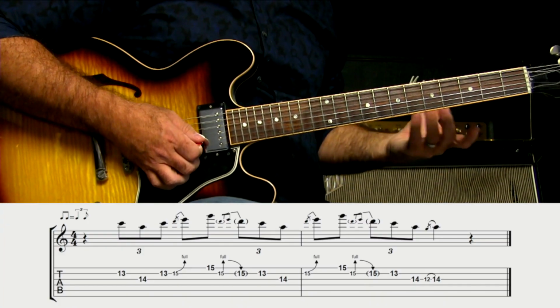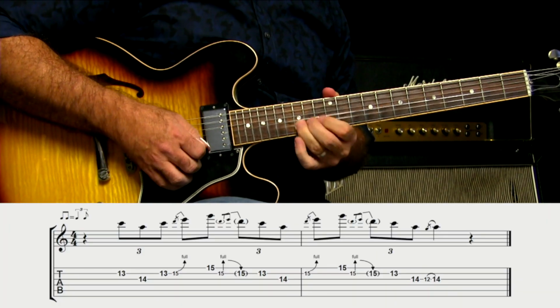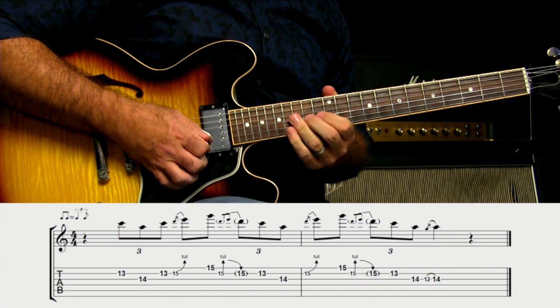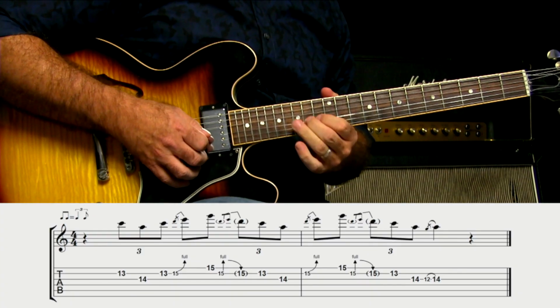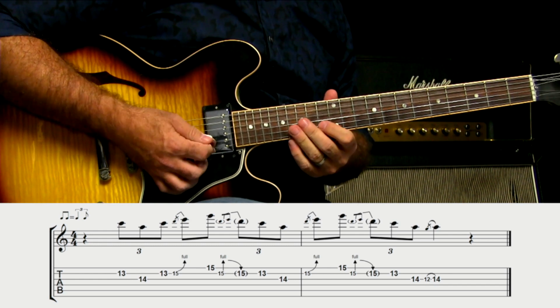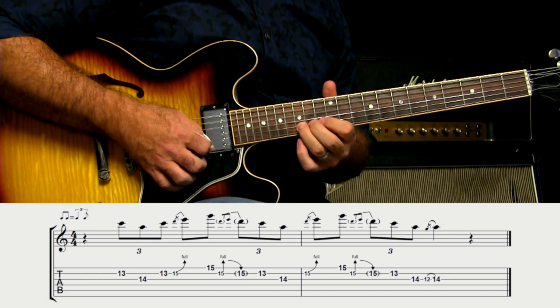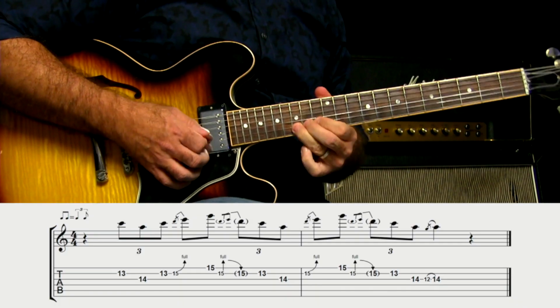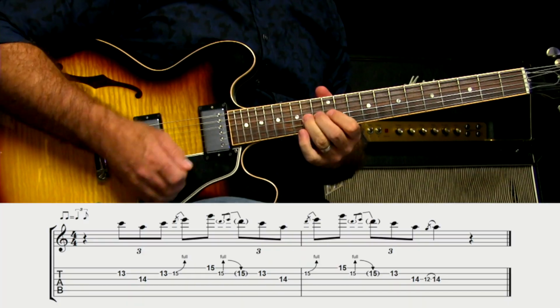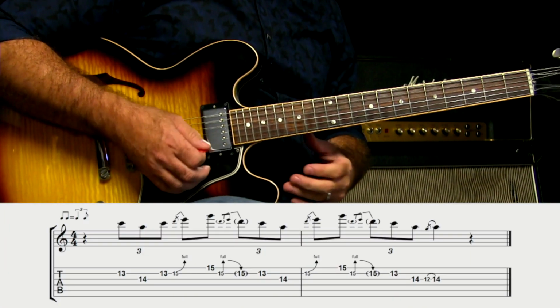So once you have that, 3 and 4 and, and make sure you can do it with the counting. 3 and 4 and, right? Then all we have to do is add in that little bit at the beginning. 2 and then we do what we know. 3 and 4 and we do it again. 1 and 2 and then we add 3 and